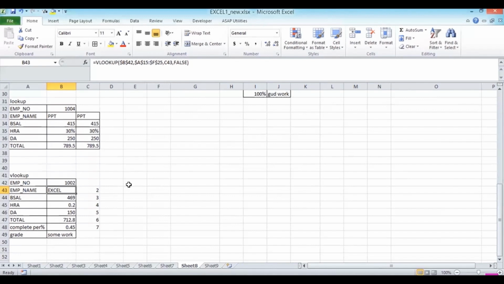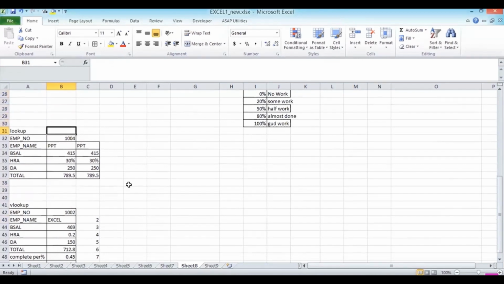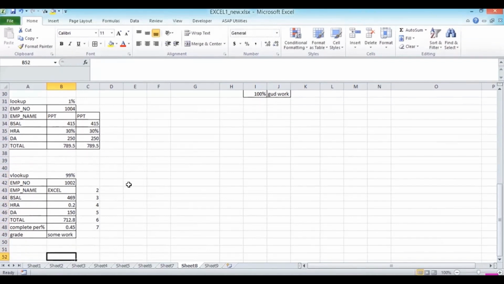Why do we use the dollar sign? Why do we use VLOOKUP? Between LOOKUP and VLOOKUP, 1% we will use LOOKUP, and 90%, you can also say 99%, we will use VLOOKUP. But VLOOKUP has some criteria. What is the criteria of VLOOKUP? VLOOKUP works left to right,